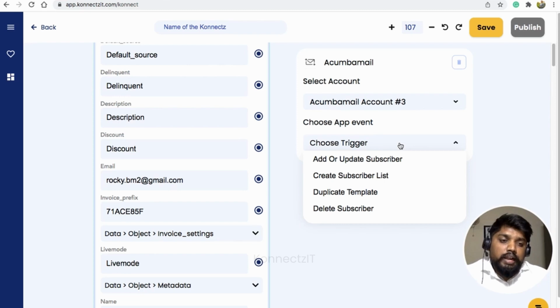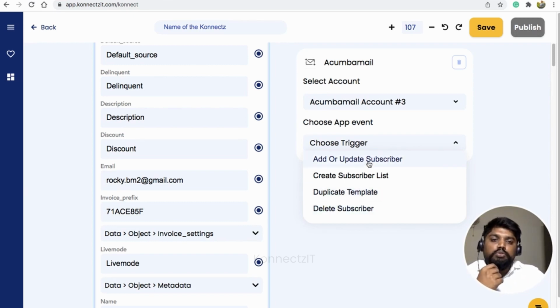Basically you can add a new subscriber or update a record of an existing subscriber. This will look for the email ID. If it is not present, it will create a new subscriber. If it is present, it will update the record. You can also use create subscriber list to create a list inside your Akumba Mail, and you can duplicate the template. Delete subscriber lets you unsubscribe any user.